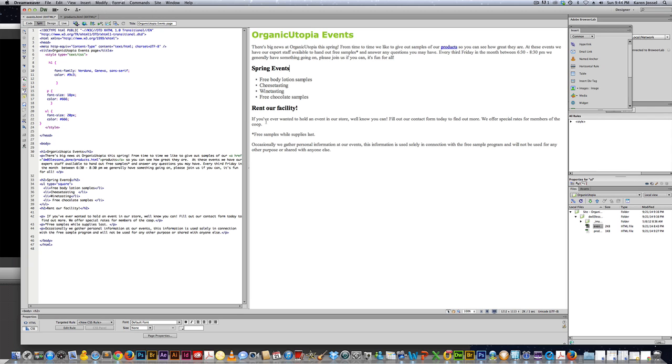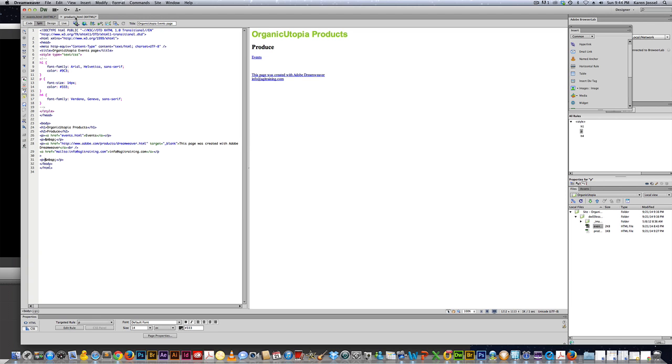Okay. So now we need to go back to the events page. Oh, yes, the events page. Products page. Okay, I have to click in front of "This page was created with Adobe Dreamweaver" and type 2012, space. And before the 2012,